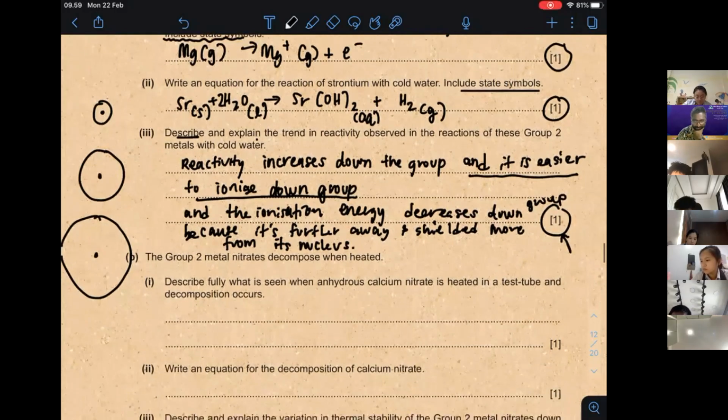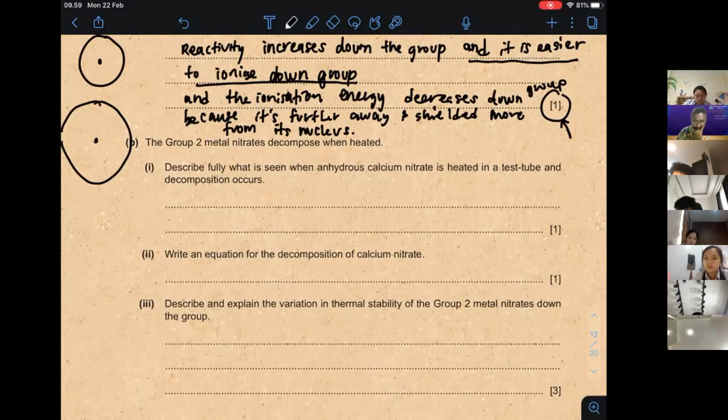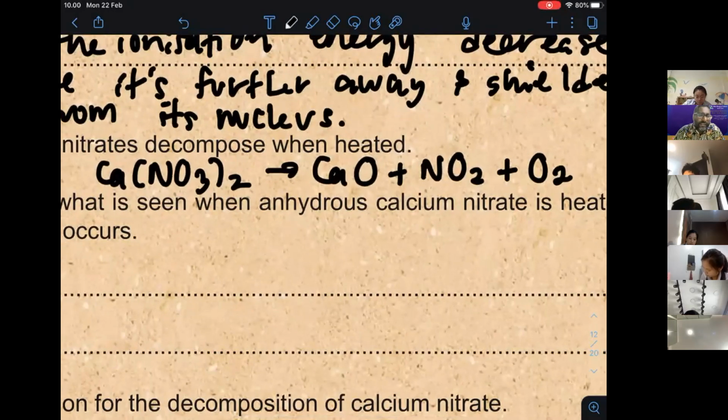Now, group 2 metal nitrates decompose when heated. So this will be the last question over here. Do remember, carbonates also decompose when heated. So, describe fully what is seen. So you see nitrate, any kind of nitrate. Let's say I take one example, calcium nitrate. When you decompose calcium nitrate, you are going to get calcium oxide plus NO2 plus oxygen. Please remember, there are only a limited number of reactions that generate oxygen directly, and one of them is going to be the